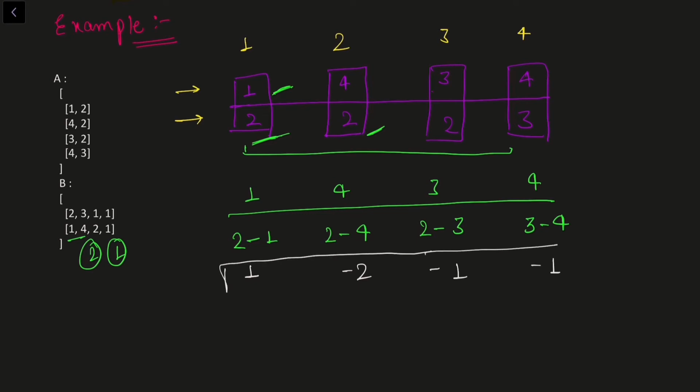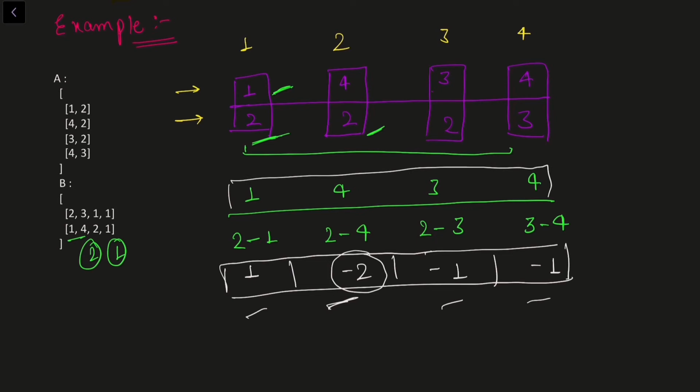So these four elements represent how much I need to pay if I'm going to buy type 2 instead of type 1, right? If I am buying the second element of type 2 from the second index, then I need to reduce my cost by minus 2, right? Since I am asked to minimize the whole cost, out of these four elements, I know that I need at least one element of type 2. So if I have to select at least one element of type 2, I'll select minus 2 because it is reducing our cost by 2, right? So I'll select the second element.